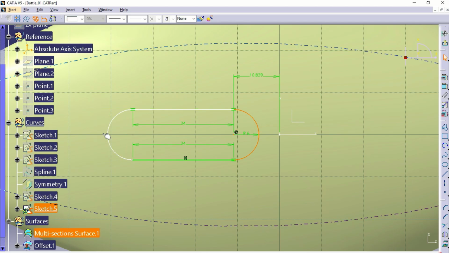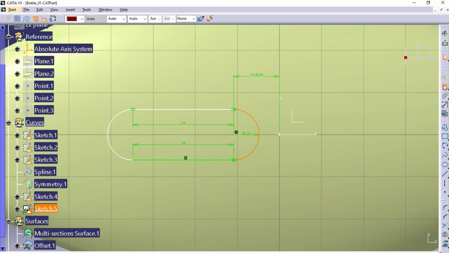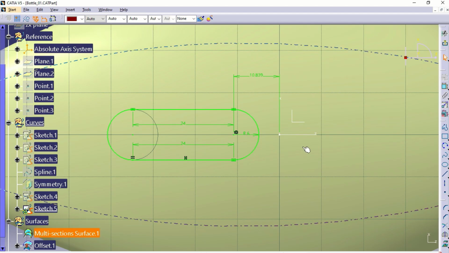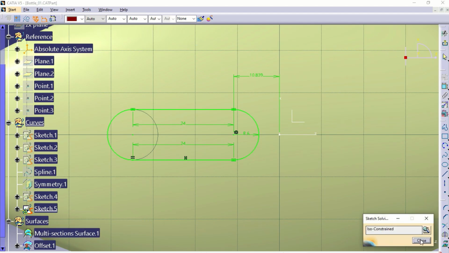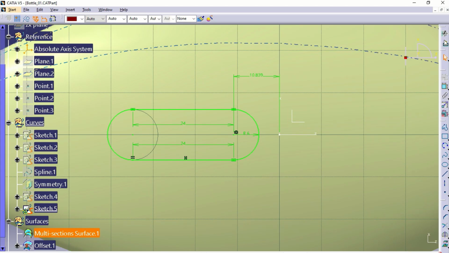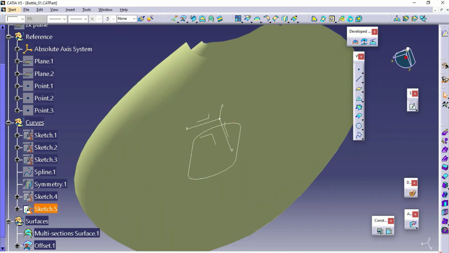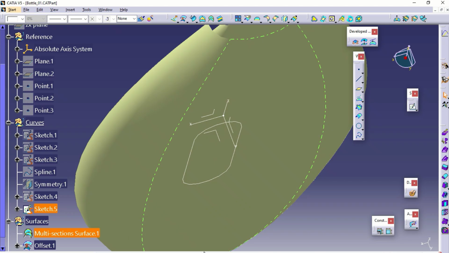Then let's keep these two, this and this, equal. That's it. Let's see, nothing left. It's fully constrained. Let's exit and see if anything happens here. This is the smaller sketch, right? Let it go to the